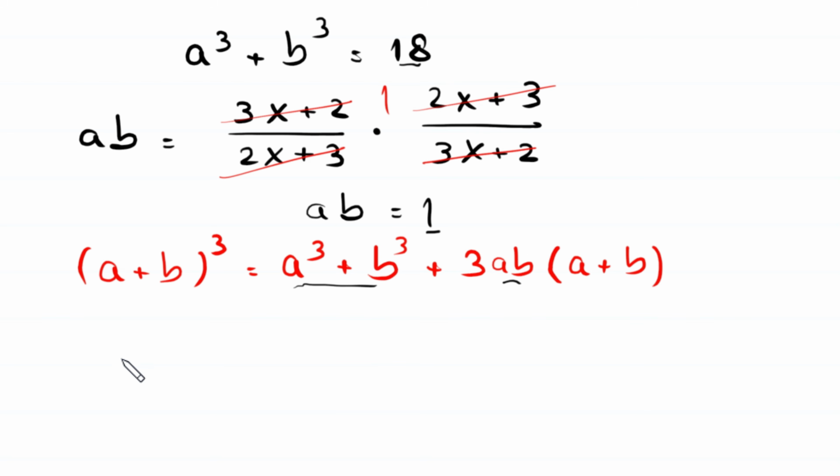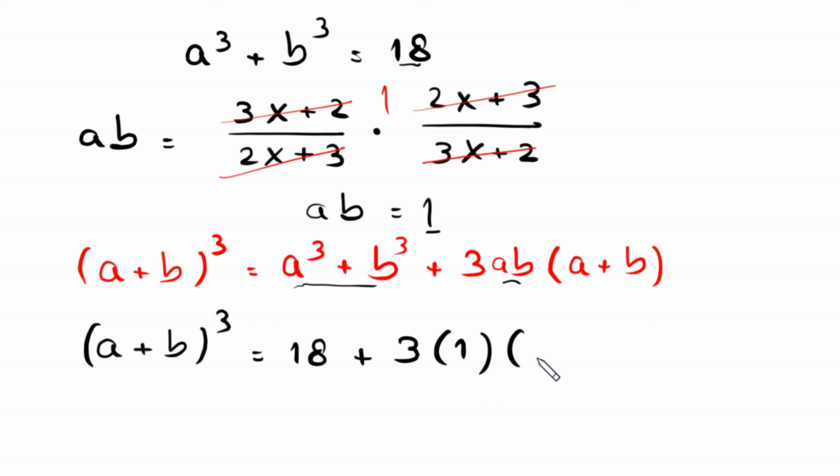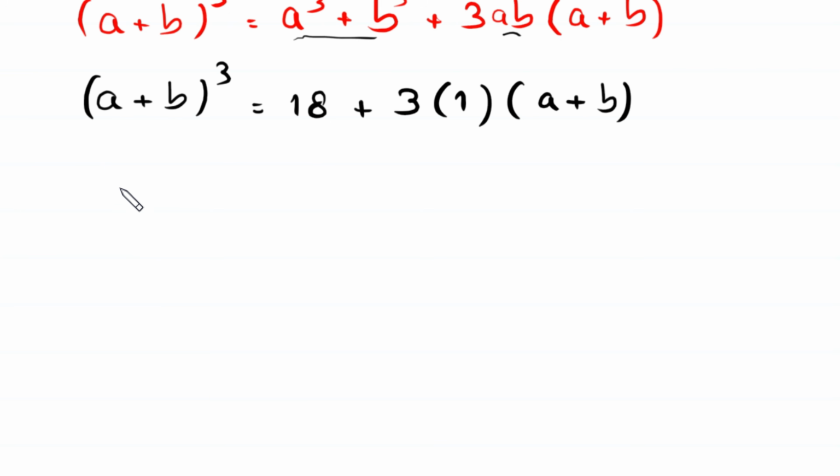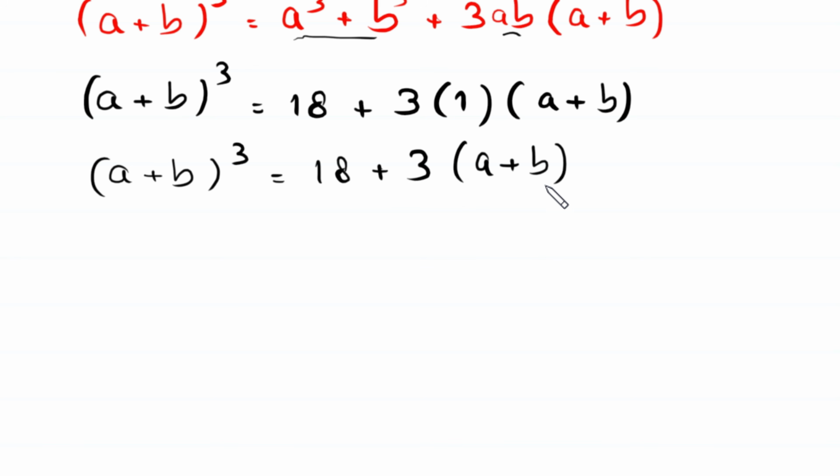So this will become a plus b whole cubed equal to 18 plus 3 times 1 times a plus b. Further simplify, this will become a plus b whole cubed equal to 18 plus 3 times a plus b,